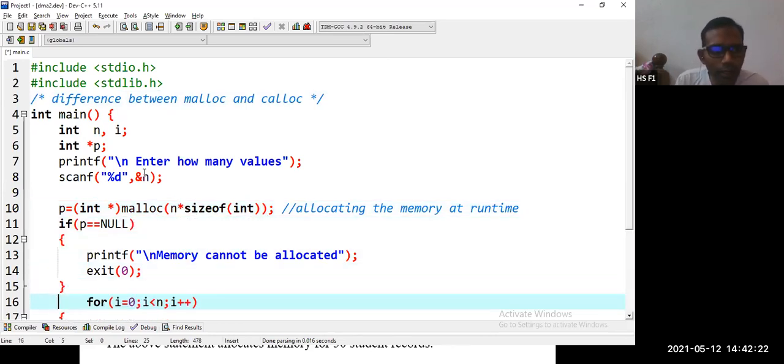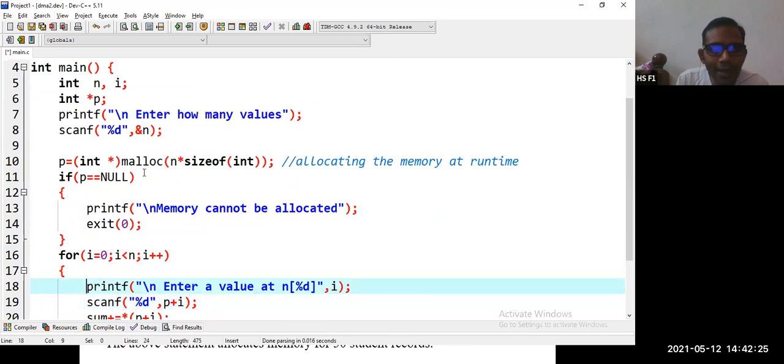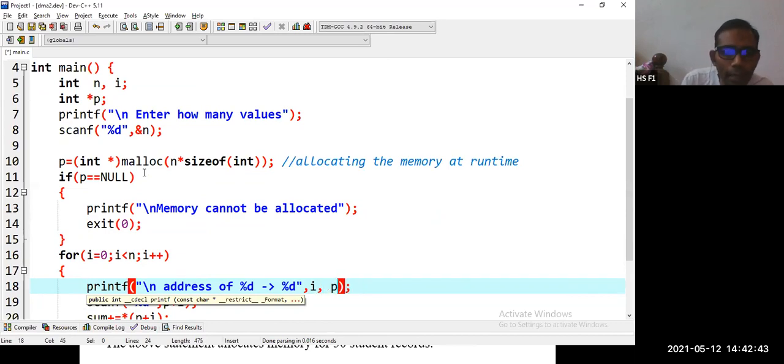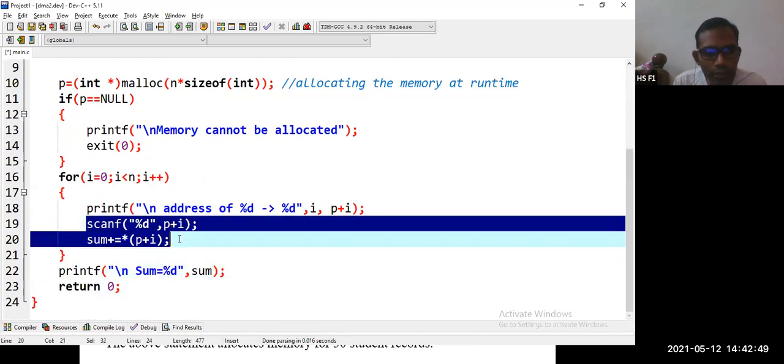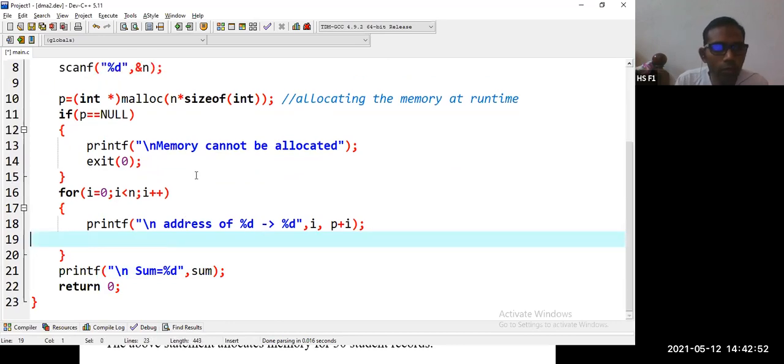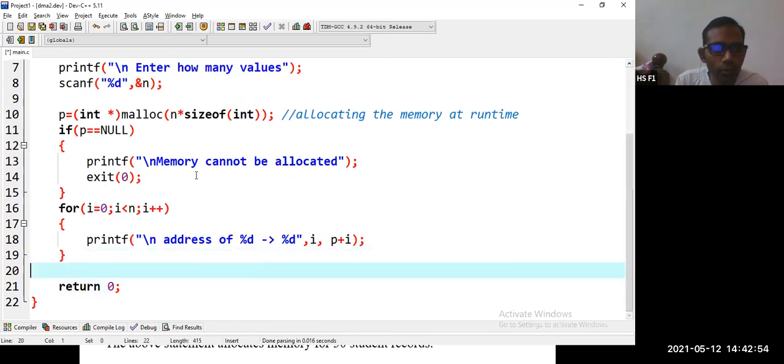If null, then let us print only the addresses. So address of %d is equal to %d. So comma, what is it, p plus i. Address is p plus i. No calculation of sum. So only we are printing the addresses in order to know.